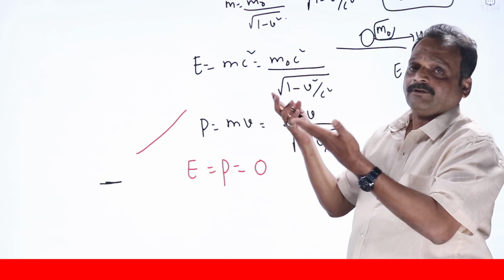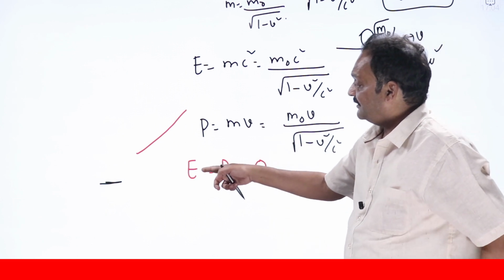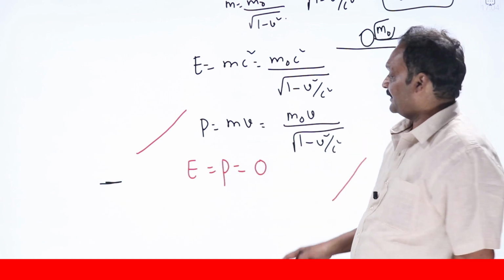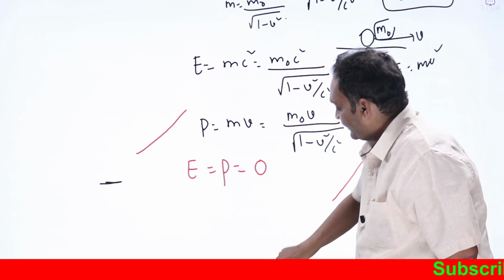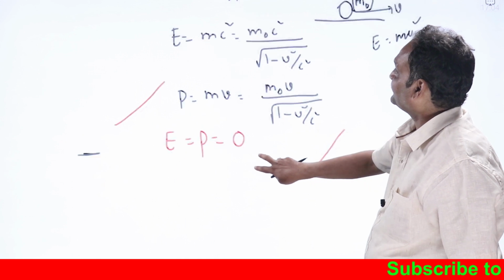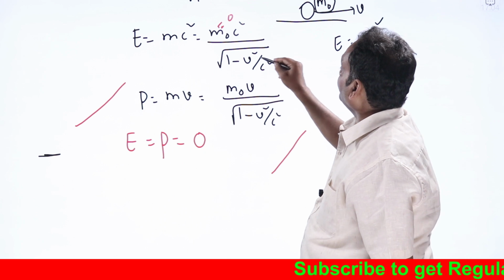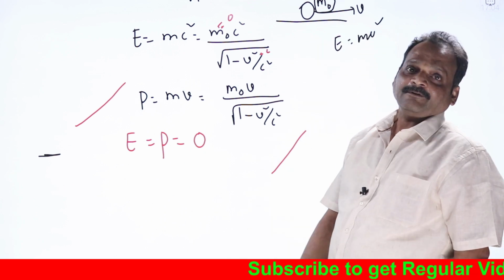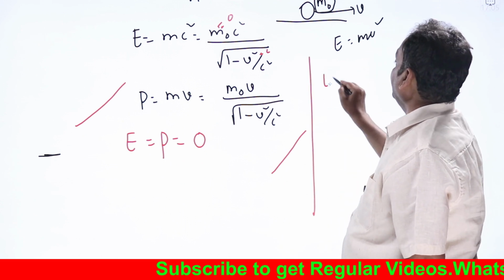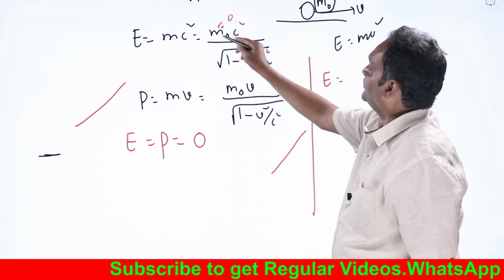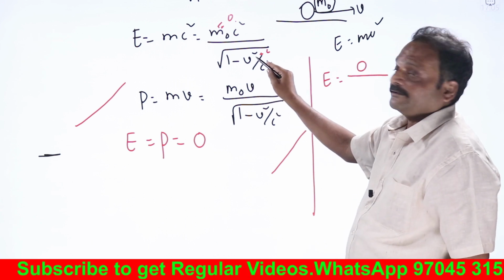The best example is the light photon. It has no rest mass, but it is still existing. How is it existing? It should not have any energy, it should not have any momentum. Now how is it possible relativistically? Its rest mass is 0, that is m₀ equal to 0, but v equal to c. Then what will happen? If m₀ equal to 0 and v equal to c, the energy of the particle becomes 0 in the numerator, and in the denominator also,